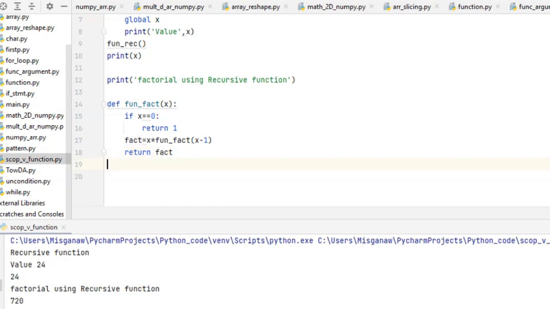Finally, we call this function to print out the factorial of a given value that I'm going to pass.